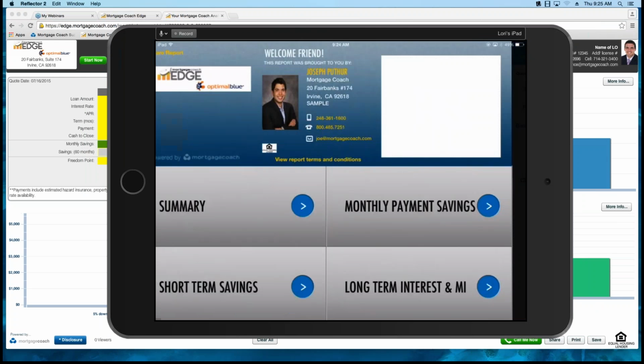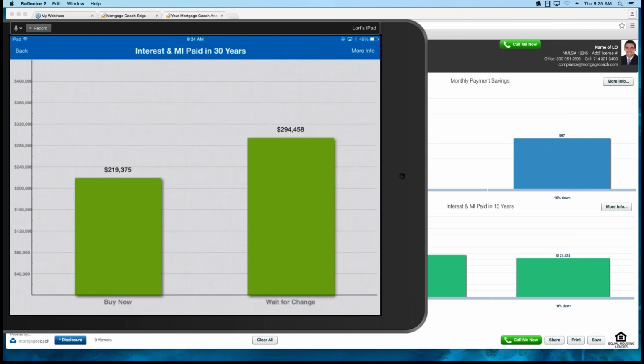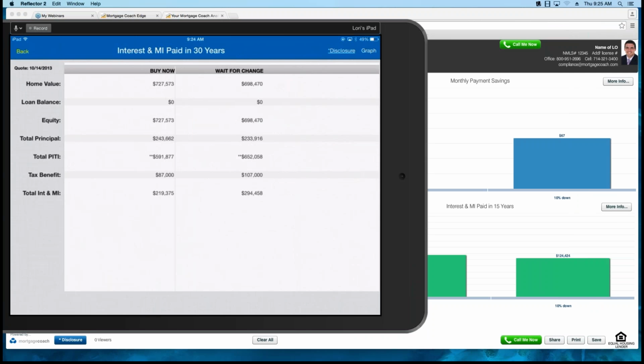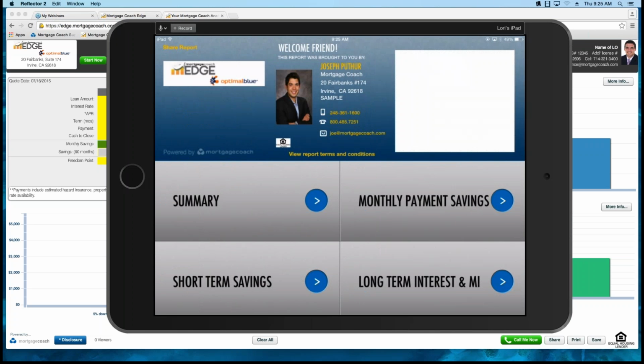So let's go back, and then lastly, you have your long-term interest in MI. So you have all this information, just like the desktop, within your mobile device. So click on More Info, you'll be able to see all those details. So with that, now we've viewed our report. What I'm going to do is dive into now how you can access it, and we're going to log into Edge. So before I exit out of here, I do want to point out that share button at the upper right-hand corner, because anytime you have a presentation on a mobile device, it's really quick to be able to share